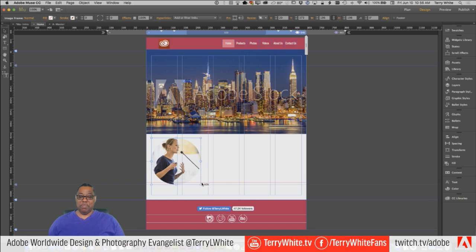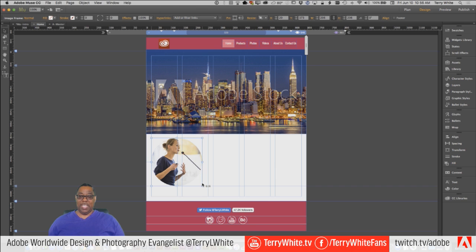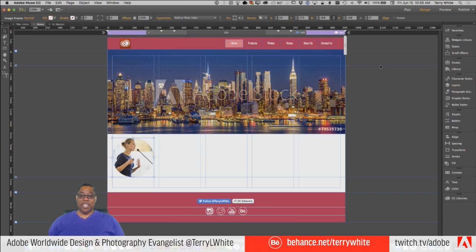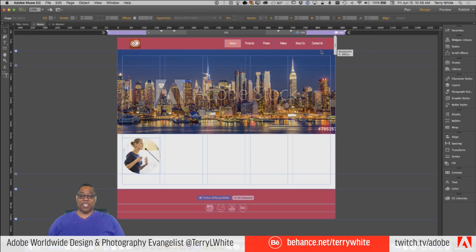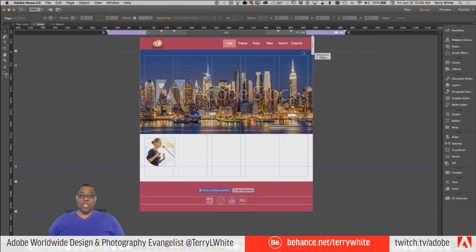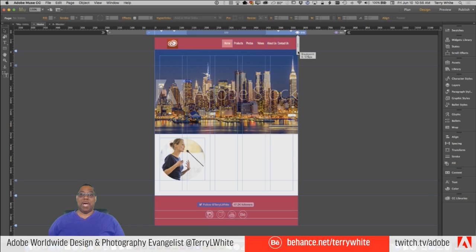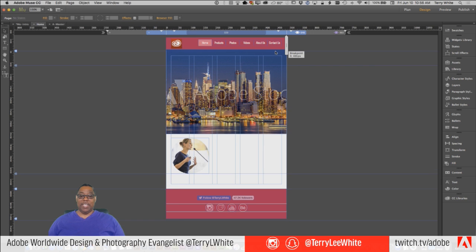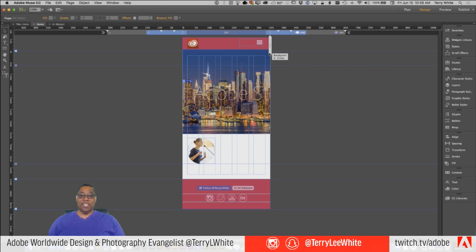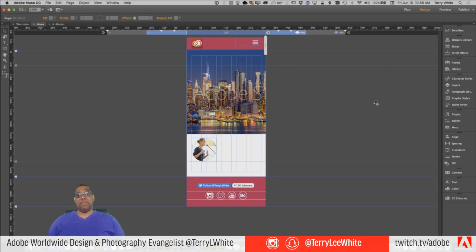I'm holding down the shift key and it's making it non-proportional. Okay, here we go. I scale it back up to where I like it. So now when we go here, it's that size, and it will start to scale down, start to scale down, start to scale down. We hit that breakpoint, boom, it pops back up to the size I want it to be. And now it will start from there, scaling it down, scaling it down, scaling it down. And now I'm okay with that.